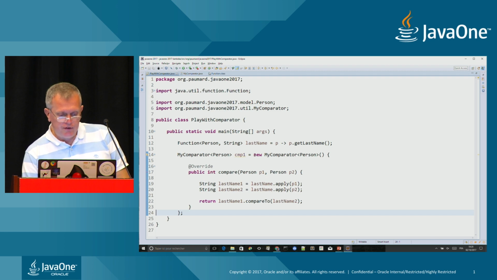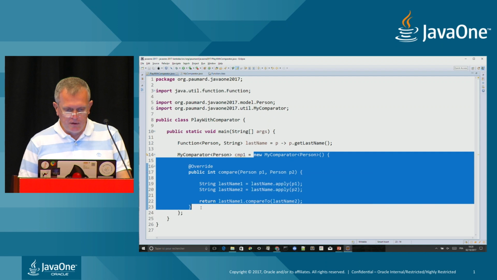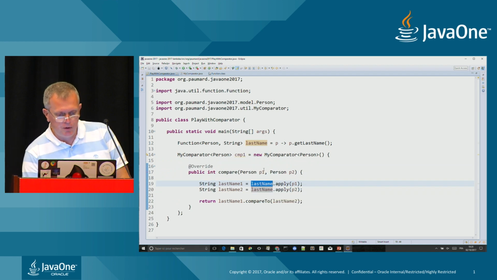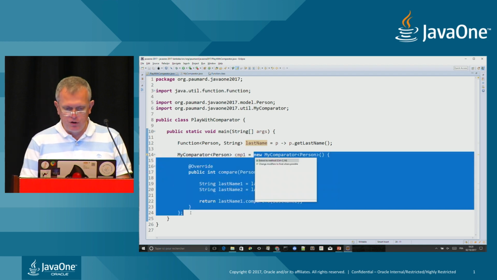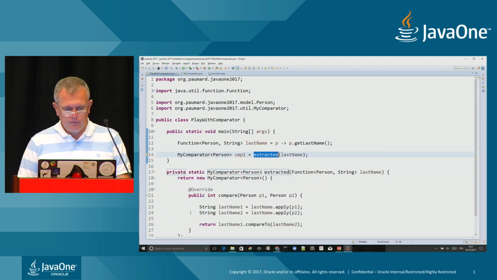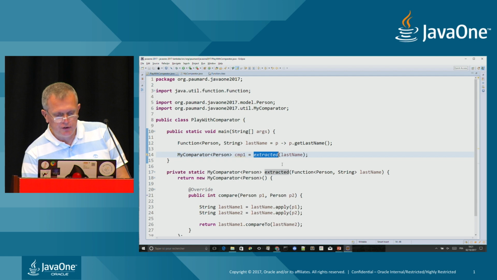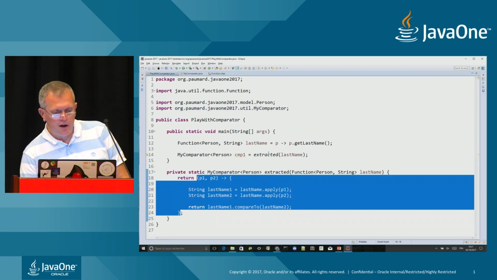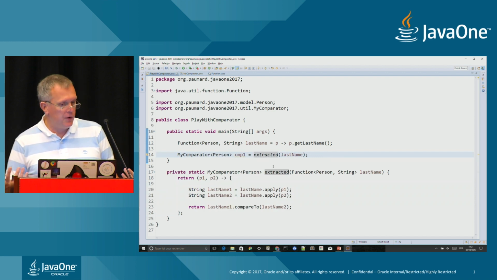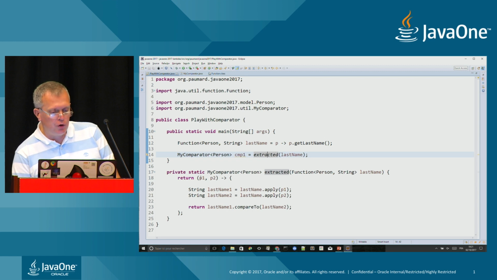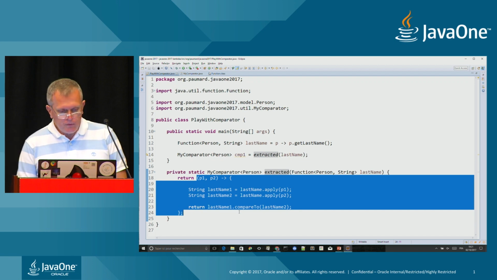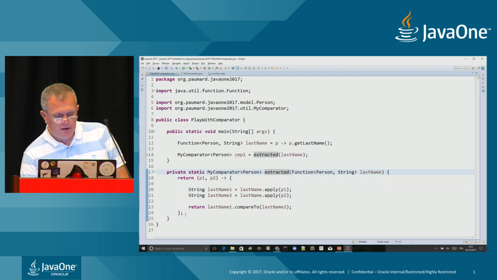And I see that, in fact, all this code, if I put it in a method, yes, I can convert it. If I put it in a method, it only depends on this last name here. By the way, I'm going to make it a lambda expression. All the IDEs can do that. It extracted this, and let us make it a lambda expression. Can convert that to a lambda. Okay? I have extracted this code into a static method, which is a factory method, that takes a function and returns the comparator, written as a lambda expression. So this method called extracted, since it is a factory method,